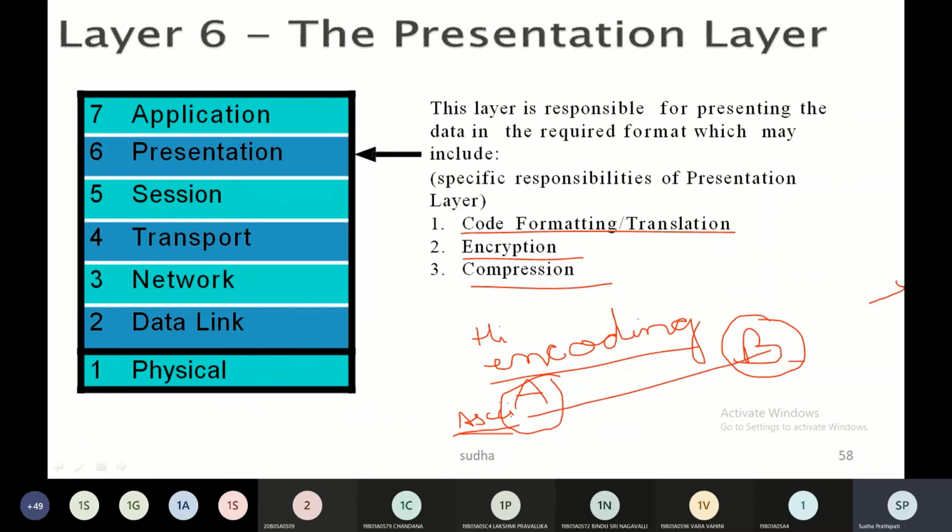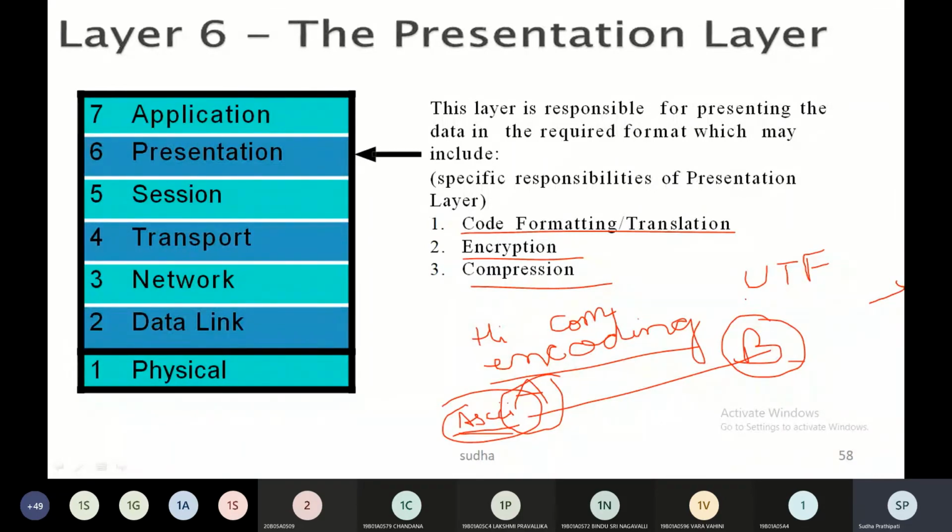You cannot have one encoding in ASCII while the scheme on the other device is something else decoding it. So you need some common encoding scheme over here. If you just Google what common encoding scheme the internet uses today, the internet uses UTF-8 as the common encoding scheme across transmissions. So what is UTF? UTF stands for Unicode transformation format, related to Unicode. You might have heard it. I discussed this Unicode when I was teaching you object-oriented programming.